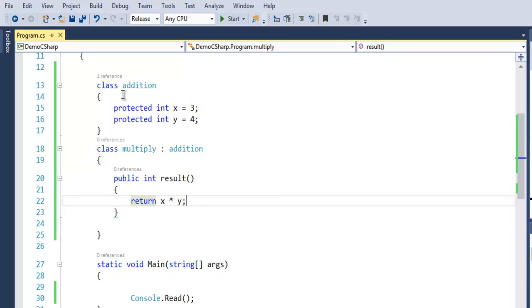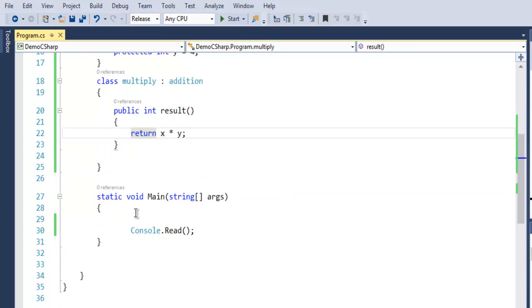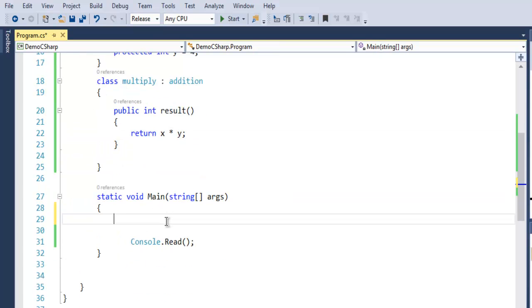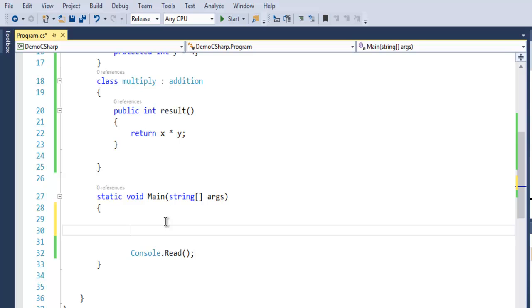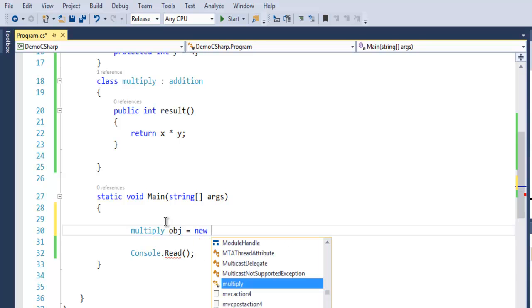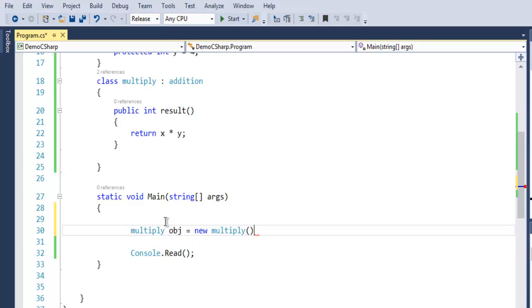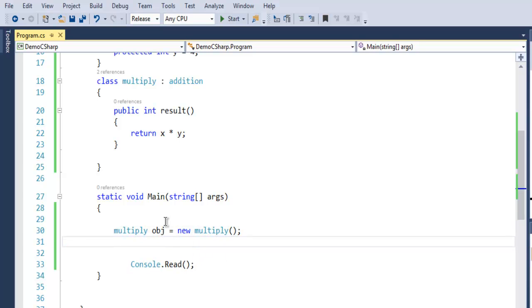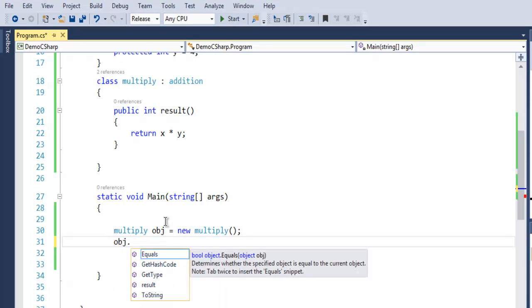Okay, and what we are going to do is inside static void main method we are going to create object of our multiply method. So multiply object equals to new multiply. Okay, this will create the object of our child class, and then object dot